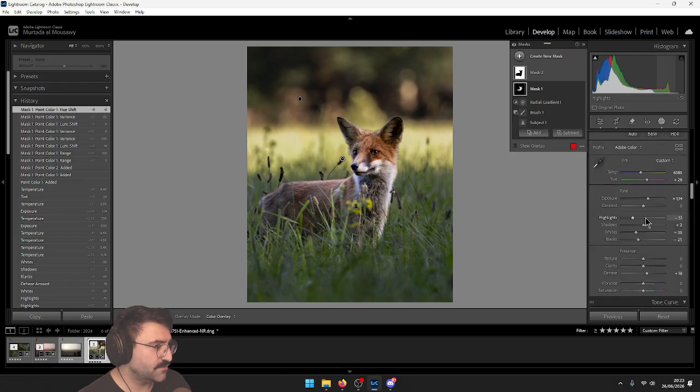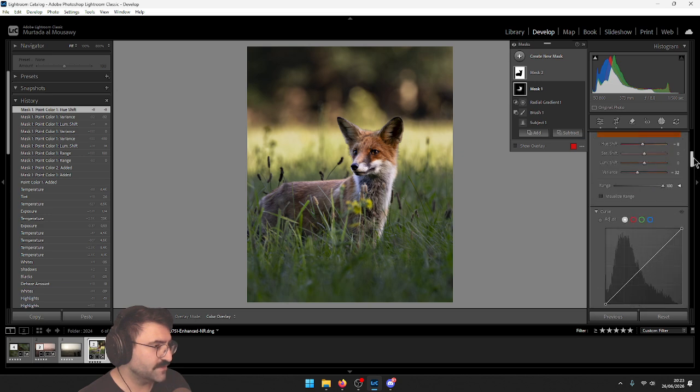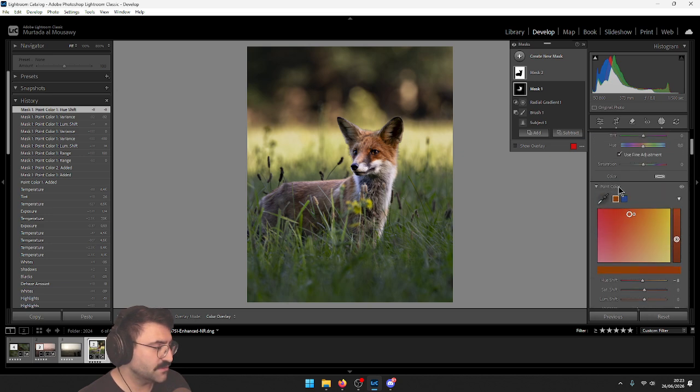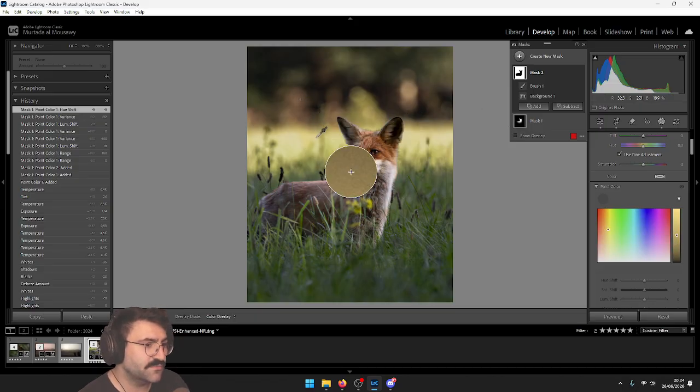So let's select this one. So globally it's called color mixer, but when you have a mask, it's called point color. So I personally like that. And since we're in this, let's do the background as well. So let's say we don't want this,